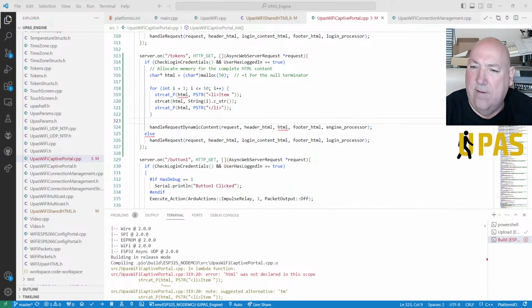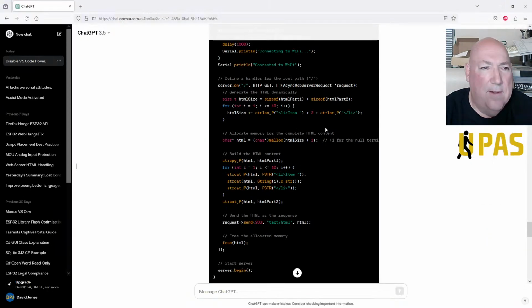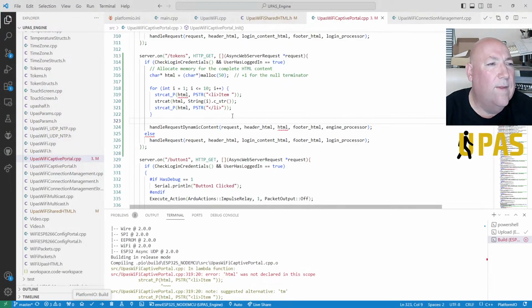Right, hang on. Let's go back to this code. What didn't it like? HTML. There it is there. Alright, hang on. Let's have a look. Oh. Yeah. We need to put braces in there.